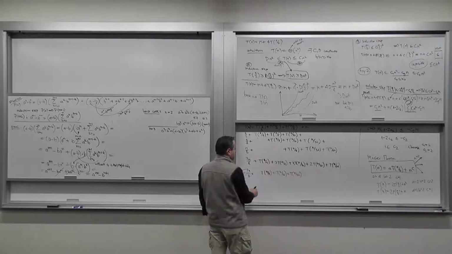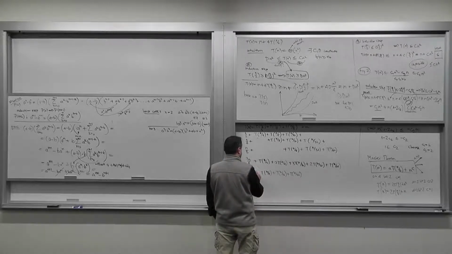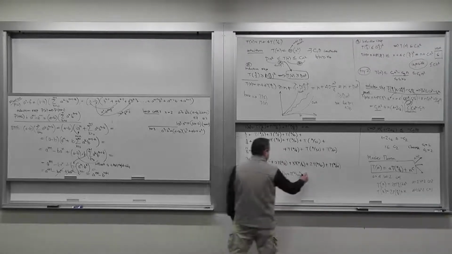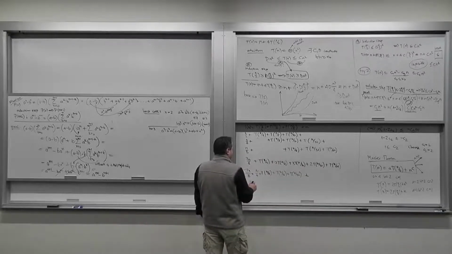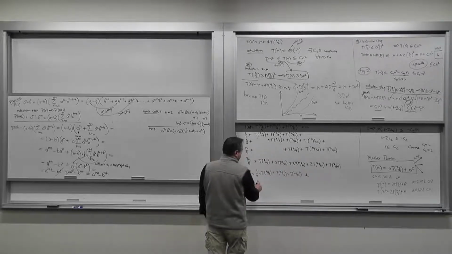That's T of n by 4. Actually, there's an n by 4 in front of it, right? Next one, T of n by 8. That's 2n